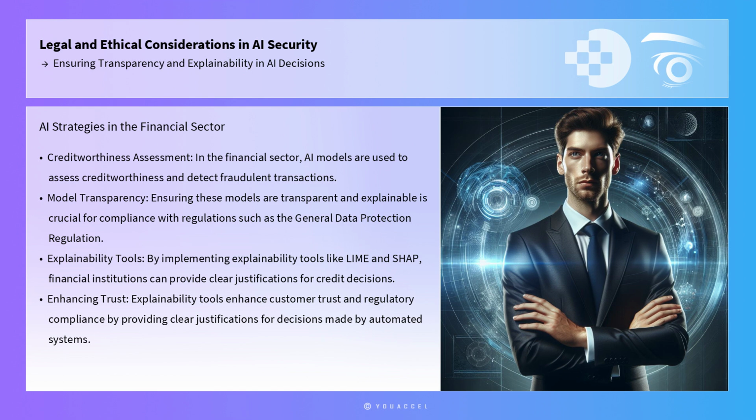Practical applications of these strategies can be seen in various real-world scenarios. In the financial sector, for example, AI models are used to assess creditworthiness and detect fraudulent transactions. Ensuring these models are transparent and explainable is crucial for compliance with regulations, such as the General Data Protection Regulation, which mandates that individuals have the right to an explanation of decisions made by automated systems. By implementing explainability tools like LIME and SHAP, financial institutions can provide clear justifications for credit decisions, enhancing customer trust